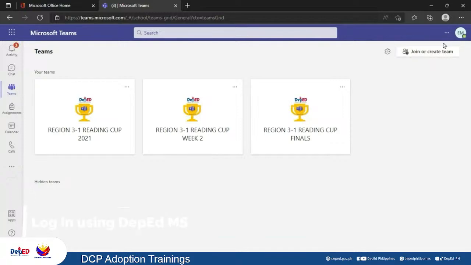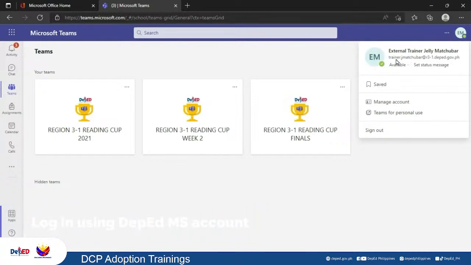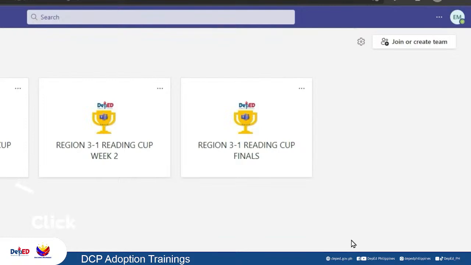Una, syempre dapat kayo ay naka-login sa inyong DepEd provided Microsoft account. In this case, ang gamit ko po ay ang aking DepEd Trainer account. And better, kung kayo po ay gagamit ng Teams sa inyong Teams app. But for the sake of this demo, I'm just using the web or the browser version of Teams. Okay, so from here,